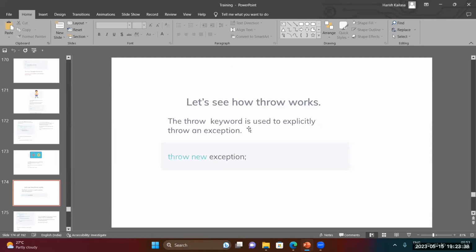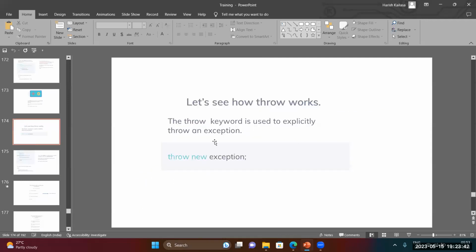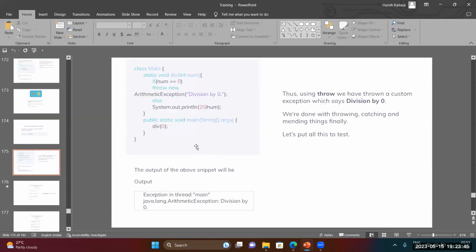The syntax is very simple: throw new Exception. Here, if number is equal to 0, we throw an arithmetic exception, divisible by 0,